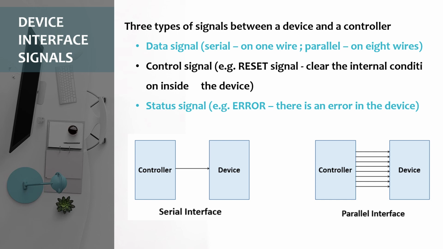So here you have to keep in mind the signals between a device and a device controller, that is data, control signals and the status signals, and in that the control signals are issued by the device controller only, because the device controller demands certain actions by the device, and so it is generated or issued by the device controller only. For example, we can take an example like reset signal, right?